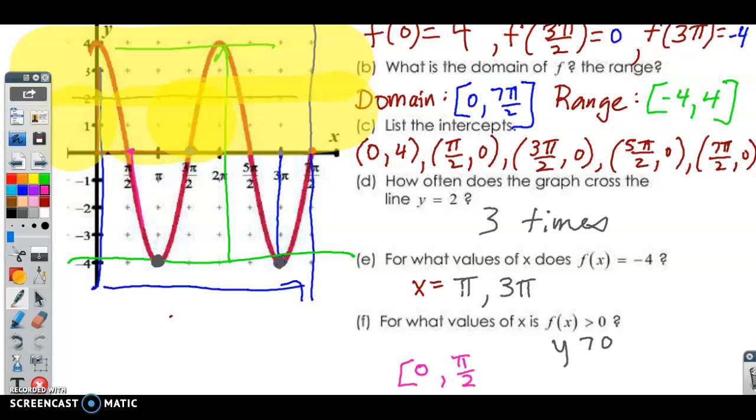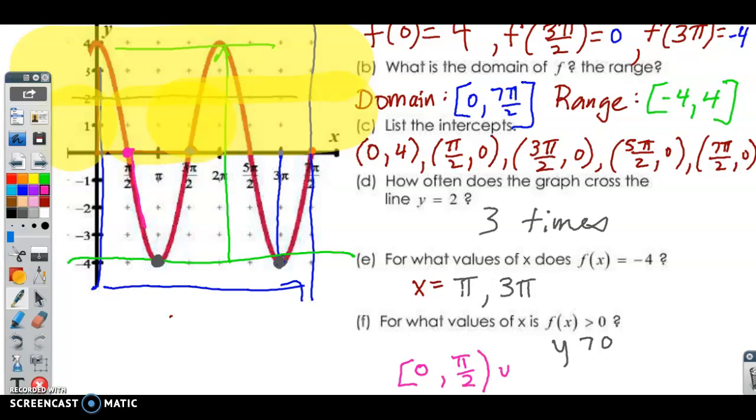Now this says where the y value is greater than 0. So at pi over 2, that y value is actually equal to 0. And we want greater than 0. So we're going to put a soft bracket around that, in union with